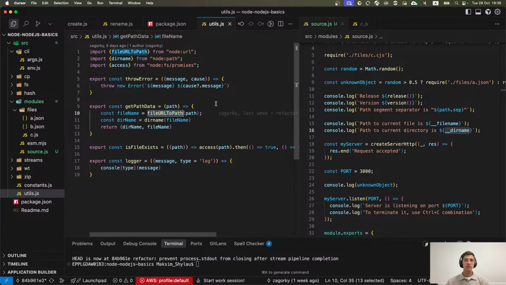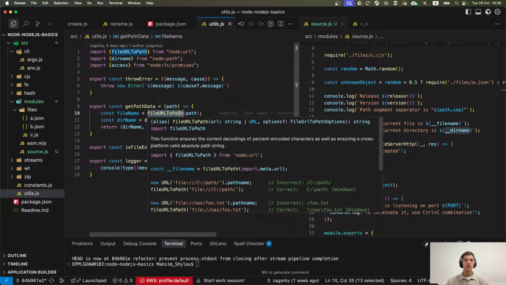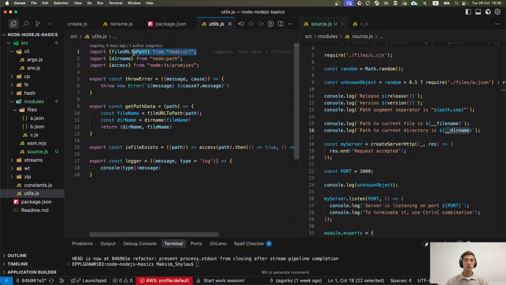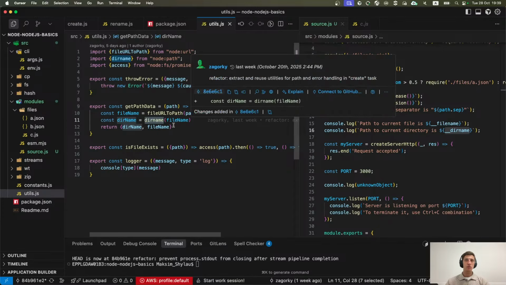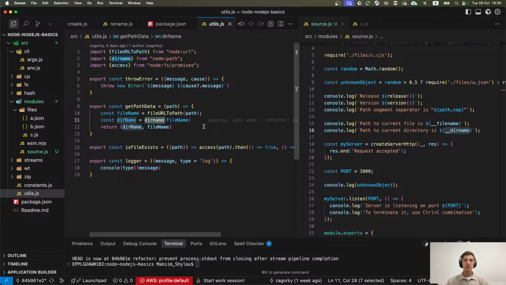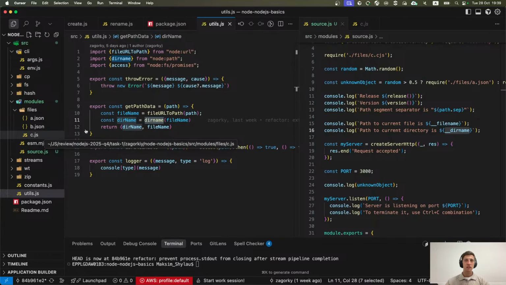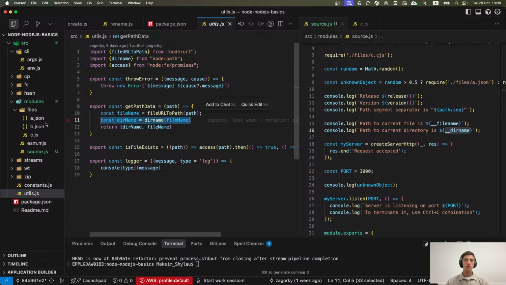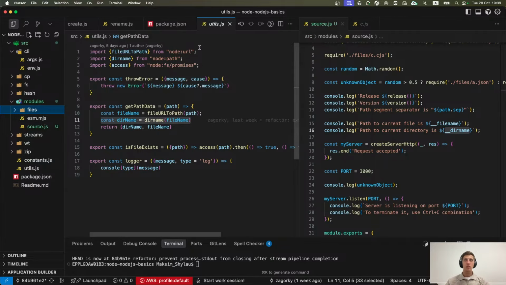Basically, we have fileURLToPath to transform this URL to a path, using a core API from the Node URL module. And after that, you have the dirname API inside of the path module to get the base name of this file. So if you have, for example, a file c in the files folder, then you will have the full path to file c, and this API call will return you the path to the files folder, not to the specific file. So that's how we do it.